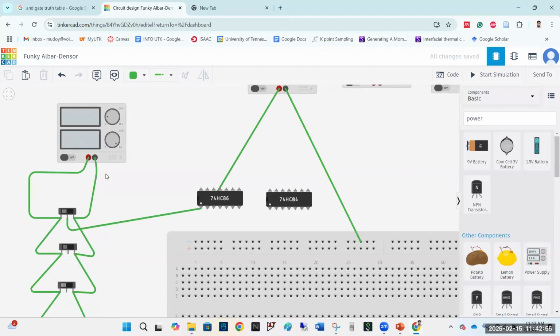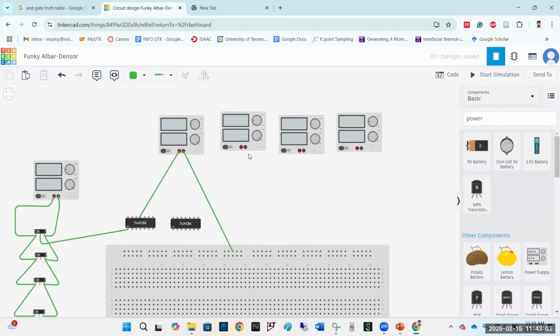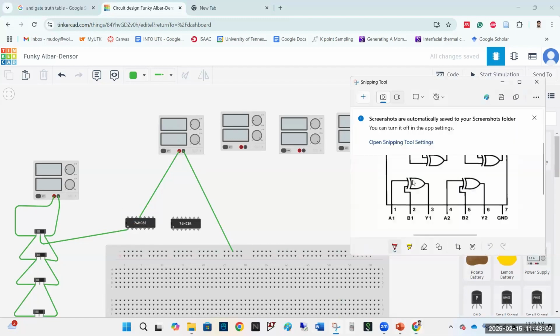So all the power supplies' ground should be connected here. Okay, let's keep it like that. Okay, so now let's move to the second input, right? So as you can see,